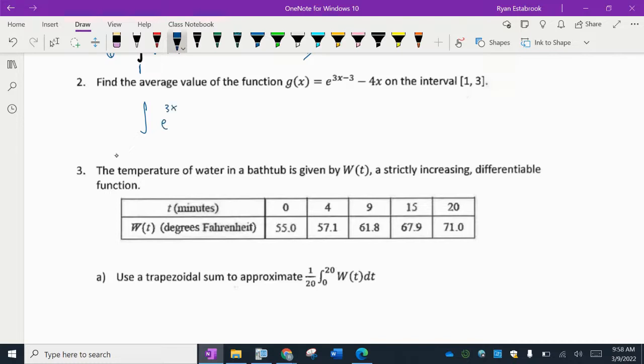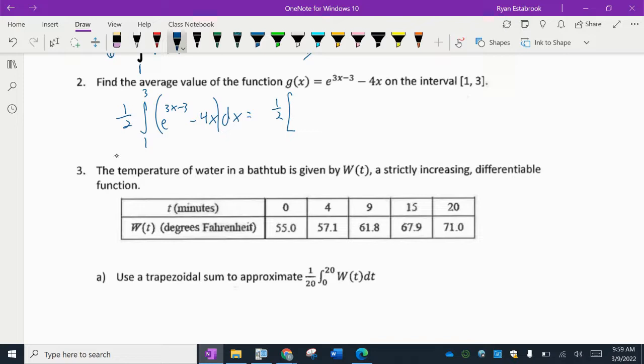E to the 3x minus 3 minus 4x from 1 to 3. What else do we need with this? Dx. Also, we need 1 over 2. Why is it 1 over 2, not 1 over 3? 3 minus 1 is 2. That's the width of this region. Okay, so 1/2